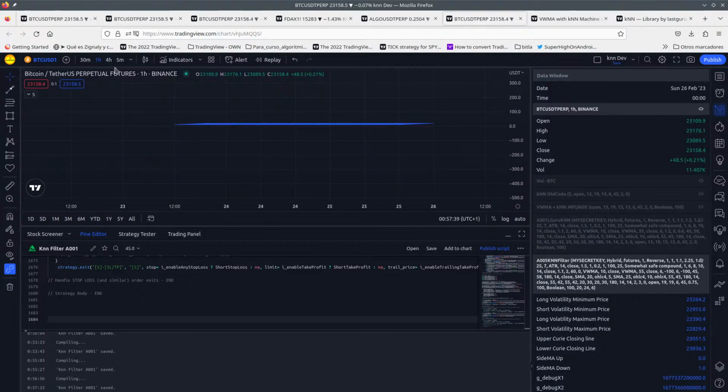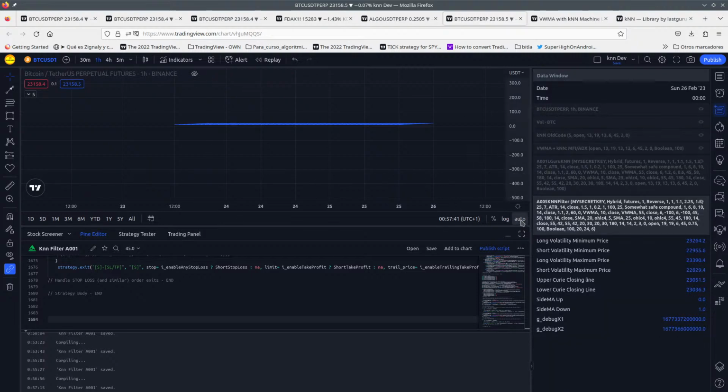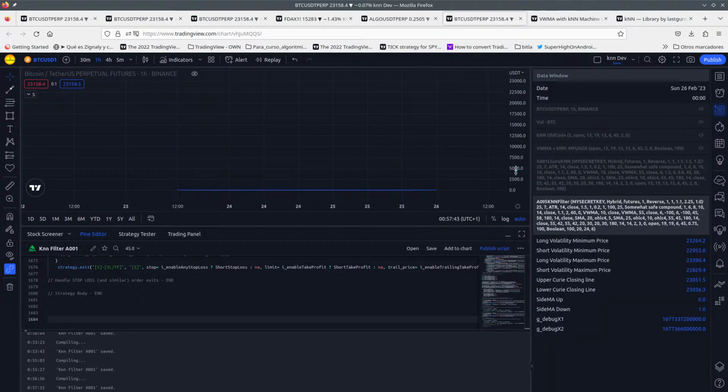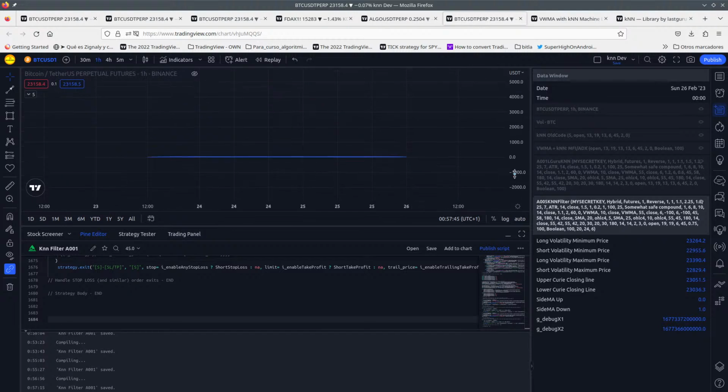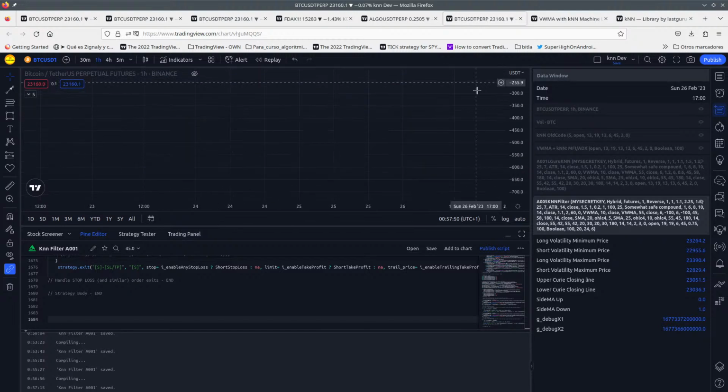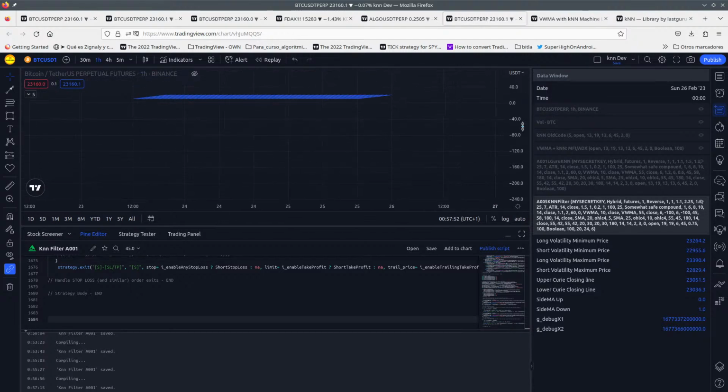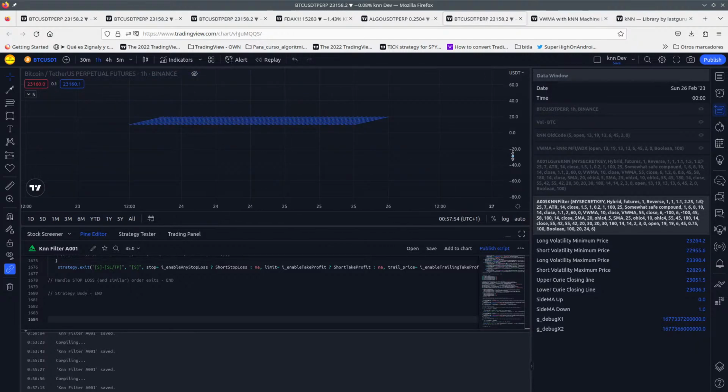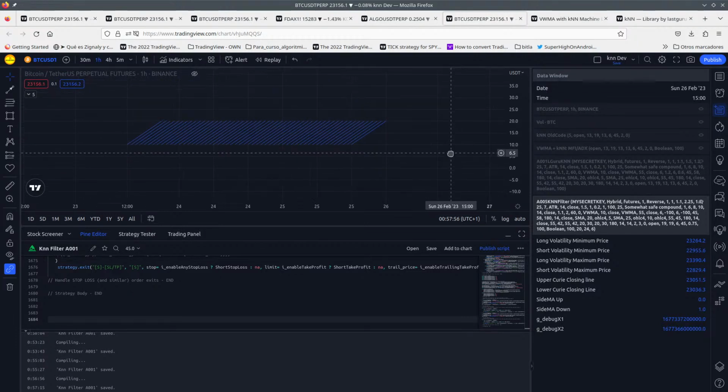Okay, yeah. So if we remove this thing here and we get auto. Wow, it also uses the time from there, but yeah. Look at that. Why the hell do we have so many lines if I have this bar and